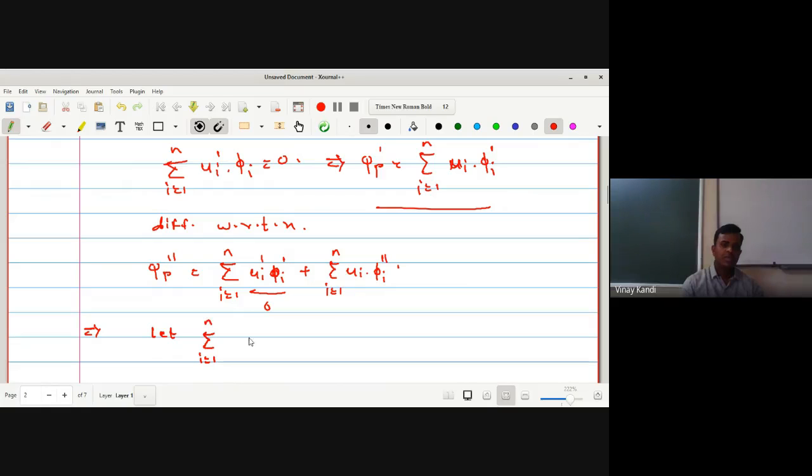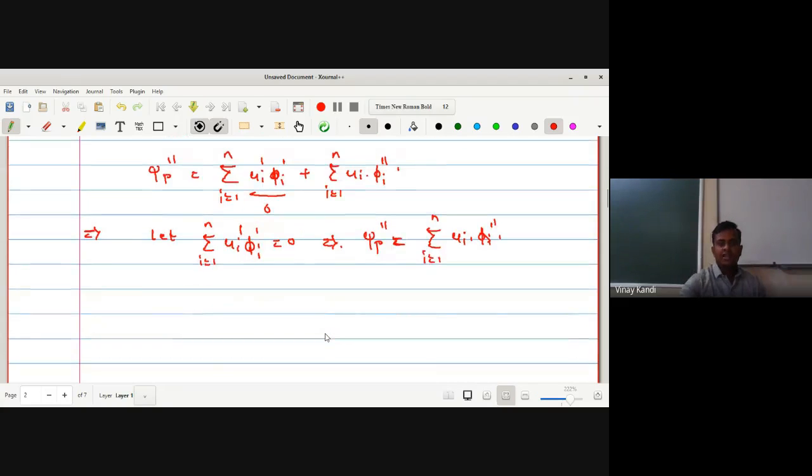Let this term be 0: summation i running from 1 to n of ui dash into phi i dash is equal to 0. It implies psi p double dash is equal to summation i running from 1 to n of ui into phi i double dash. So this is the value of psi p double dash. Now in general we can write